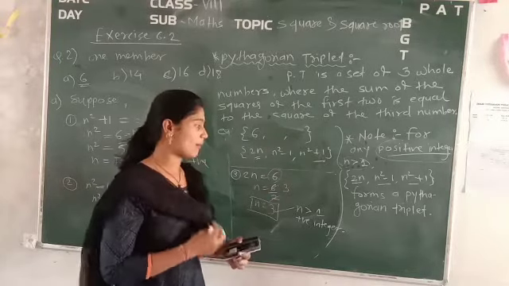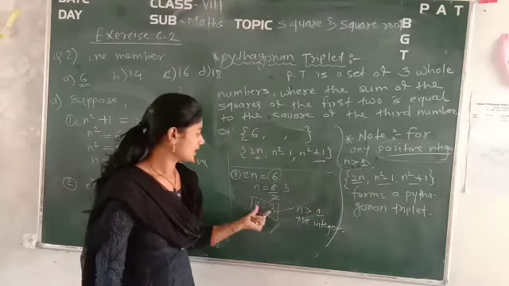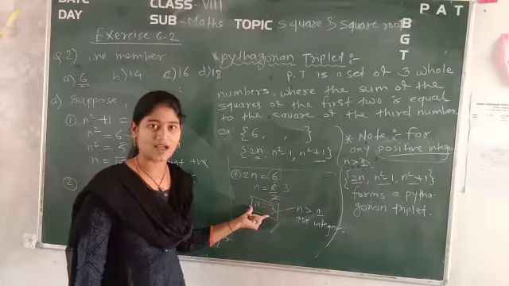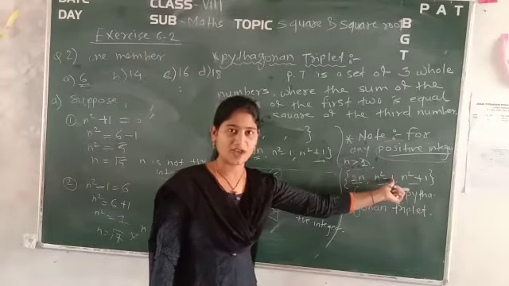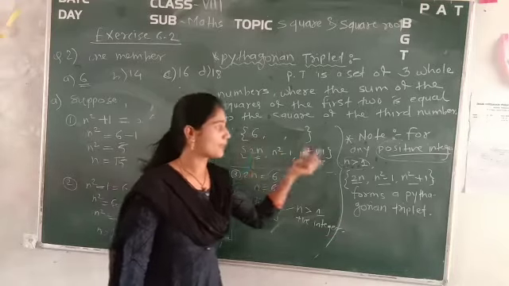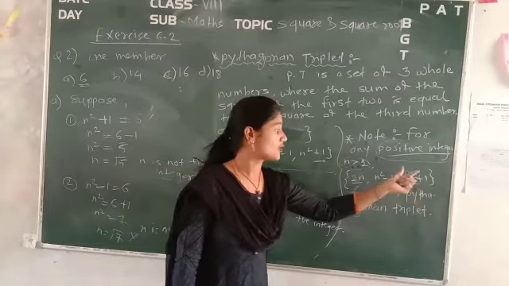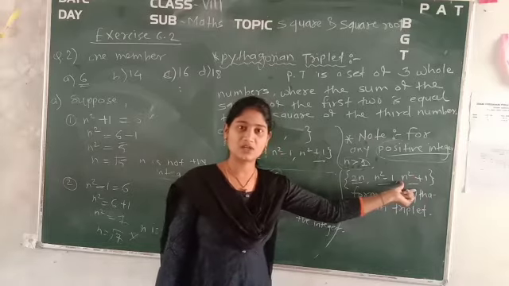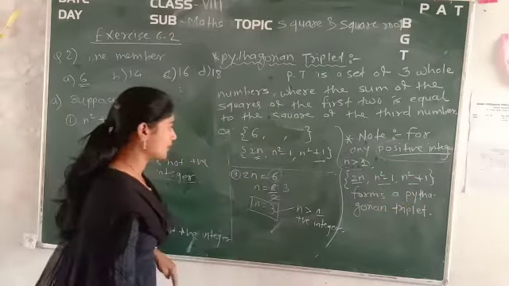So what you have to do is put the value of n that you found here. After that, find the value of n square minus 1, and whatever value comes, put it in the second place. Next, again put the value of n within n square plus 1, so that you will get the value of the third position also. That is the third member of the triplet. So just find them out one by one.